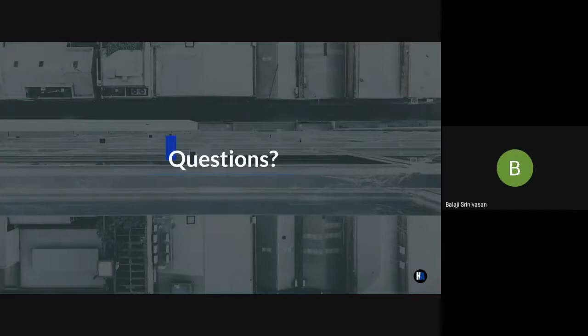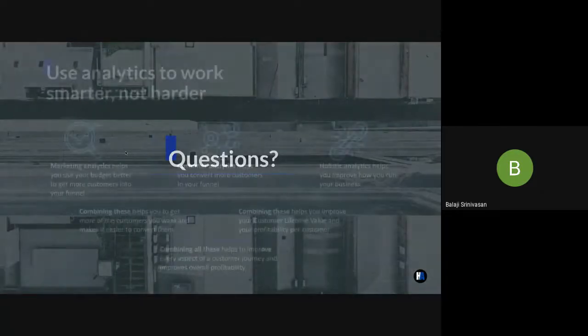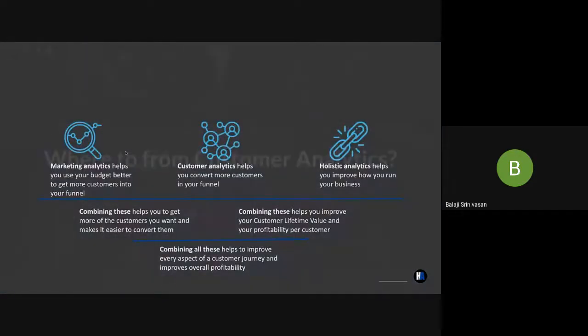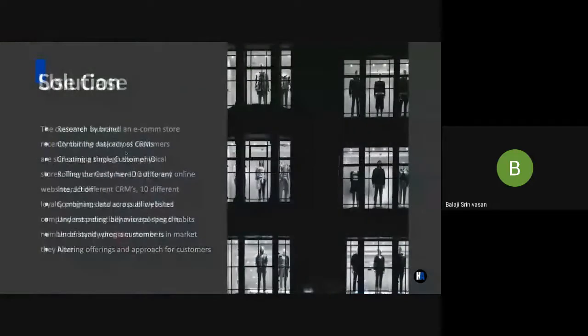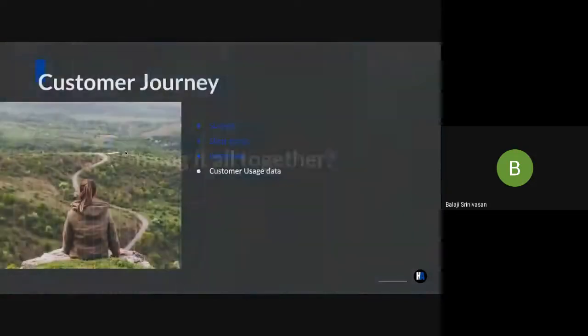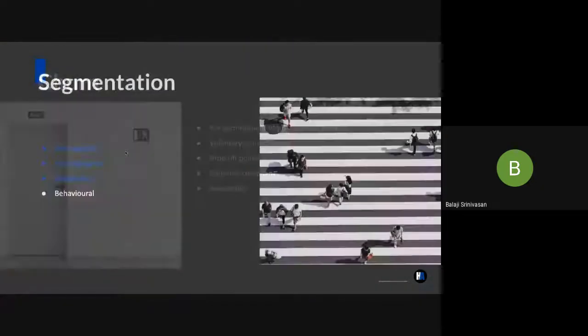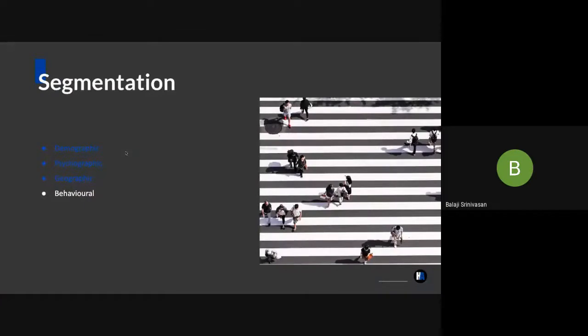Hey, you mentioned the 4 types of segmentation data, like the demographic, psychographic, geographic, and behavioral. One of the clients I came across had a digital one. In other words, they were segmenting customers based on whether the customers were using desktops to do the research or tablets, what kind of browser. I was wondering if you have come across something like that.